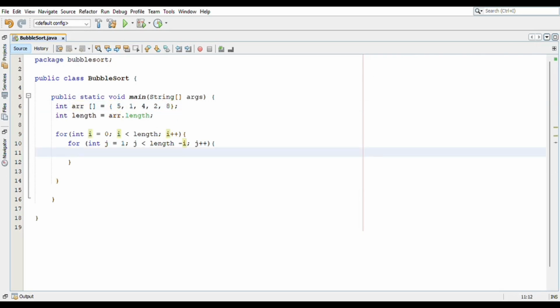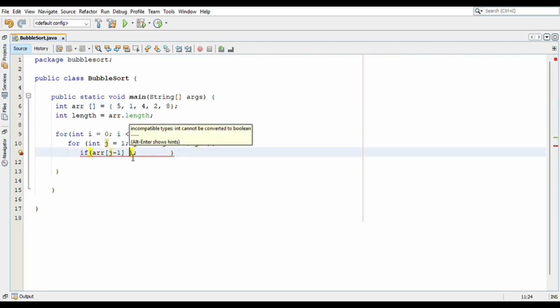So now, over here we are going to have the if condition. So i is equal to 0 and j is equal to 1, which means j is at the second element right now. So I will check whether arr[j-1], which means the previous element, is greater than the current element, that is arr[j], or not.